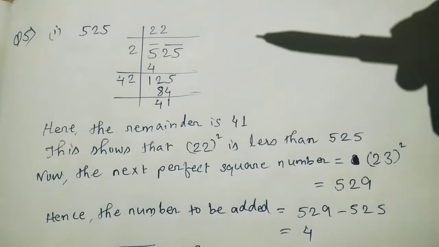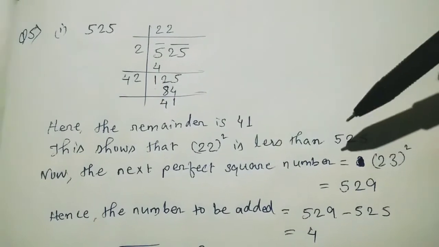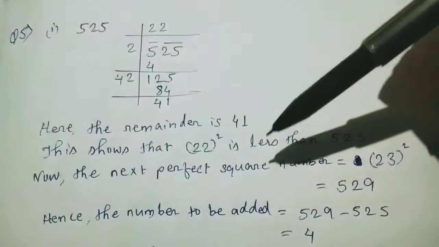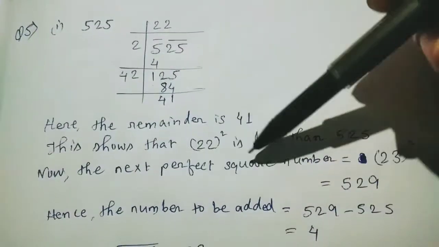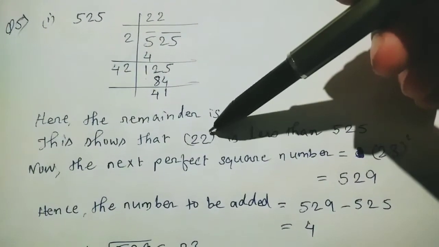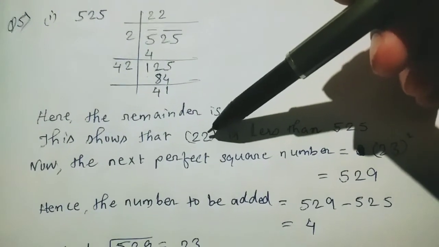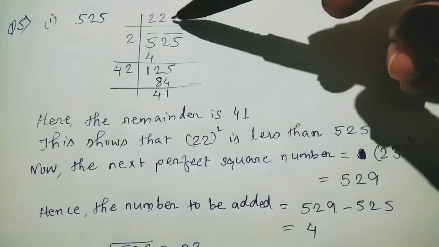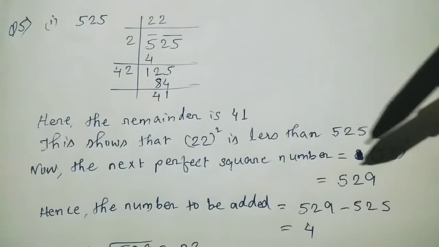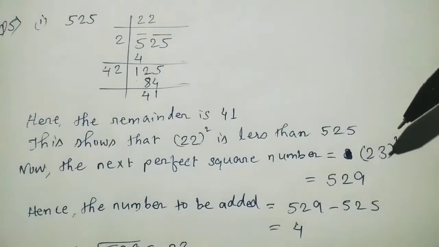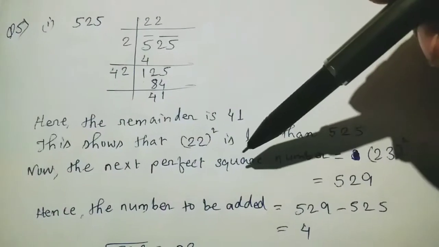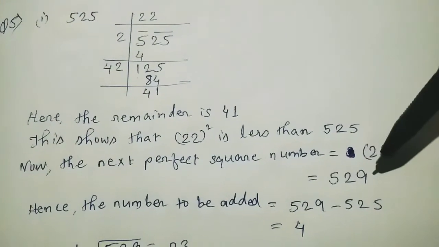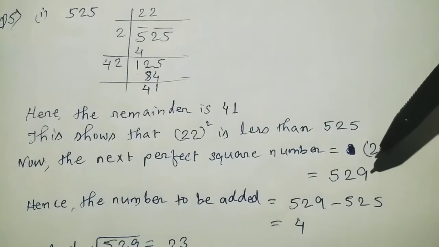Understood? So the same steps we have to repeat from the last question, but now here it will change. In that question you have to subtract, but here we don't have to subtract to get the perfect square. Only what you have to do is write the next perfect square number. Now the next perfect square number will be what? You have to increase this number by 1 always. So here it is 22 square. This 22 we have got from here. So 22 square will become 23 square. We have to increase by 1 always. So the next perfect square will be 23 square. So 23 square is what we know? 529. Okay, so this is the square number we got.